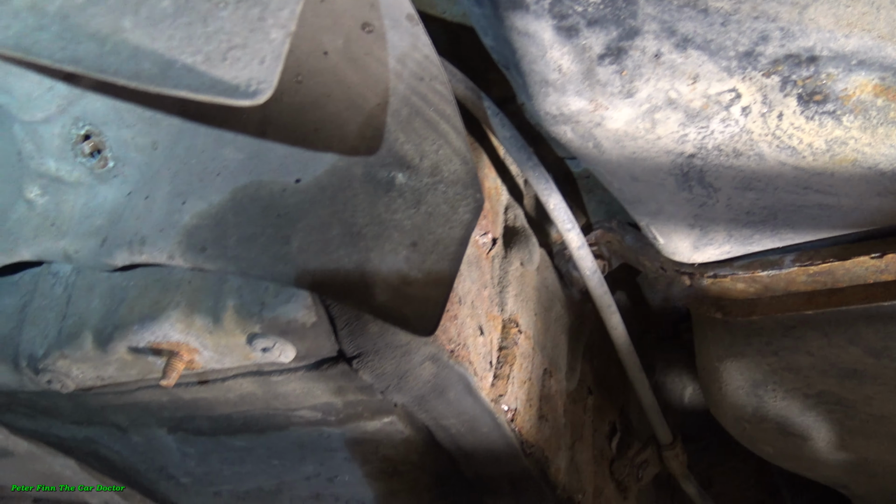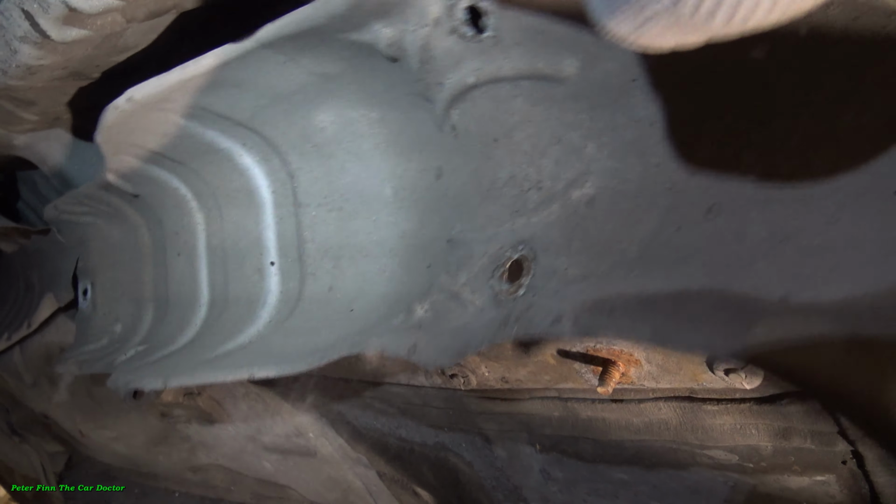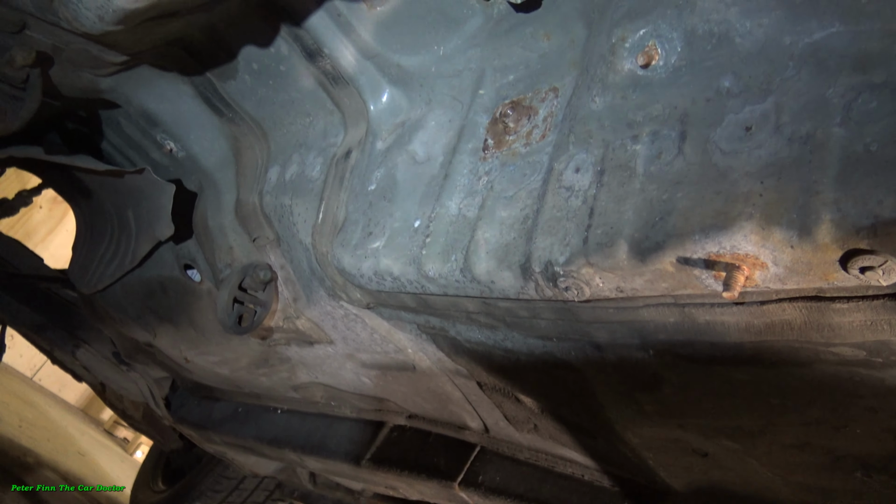Good, very interesting thing. Okay, and now I have removed this heat shield, these bolts in here, and now when I move that, I can take that carefully away. This is the heat shield, and